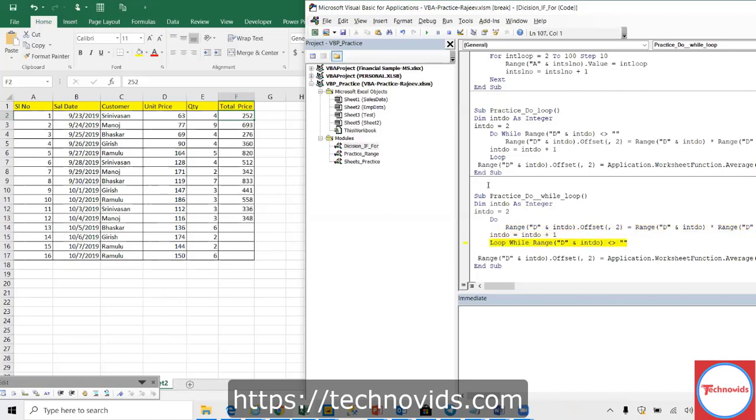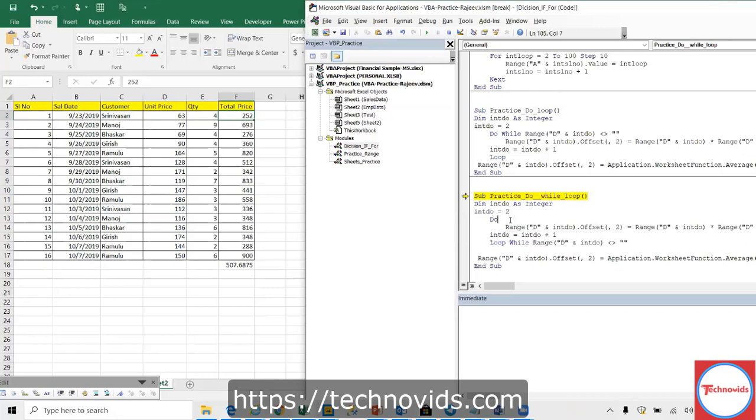So that's it. I think we did this also. It's the same thing, there is absolutely no difference. So while it is at the end, after the loop also, you can give the while condition. That's it. Any difference you can think of from your thinking perspective? No, not much difference. Okay, one difference I will say: this will execute at least once.